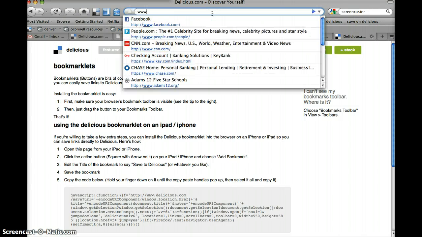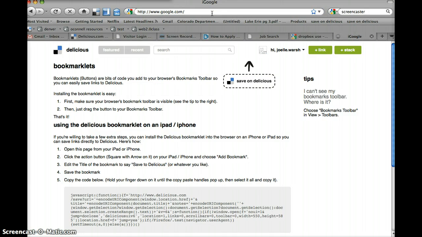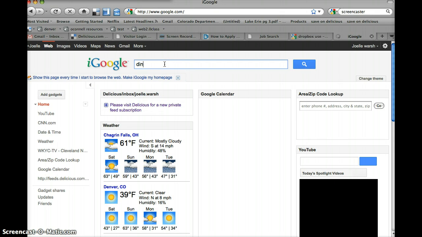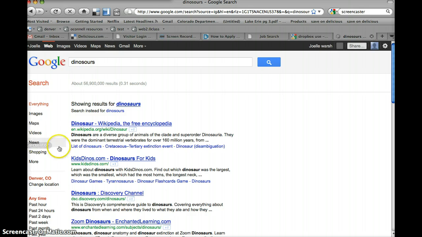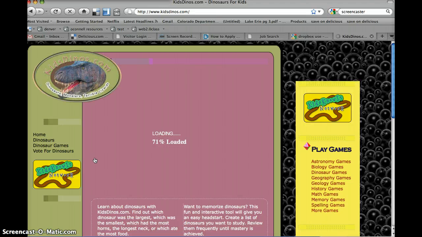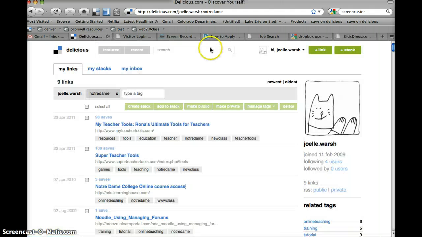Just say I'm searching for websites about, I don't know, dinosaurs. So we'll go to Google, and I'm looking up dinosaurs. And I find this really great Dinosaurs for Kids website that I want to save. Now, there's a couple different ways for saving. One is back on your delicious.com. When you're in Delicious,